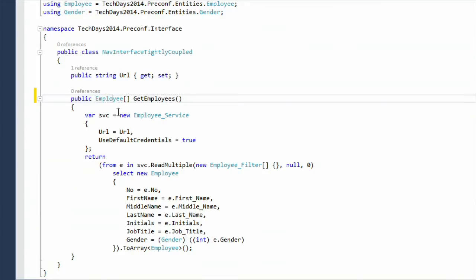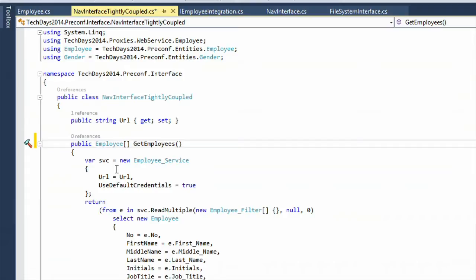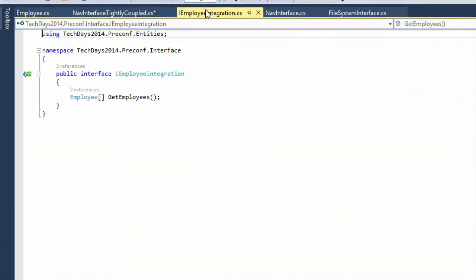The only relevant method is this get employees. However, this is not decoupled enough. So the next thing I do is introduce an interface. I declare an interface called employee integration, which has the only thing I really care about, the method which gets the employees. My NAV code is going to talk to the interface, not to the implementation of the interface.